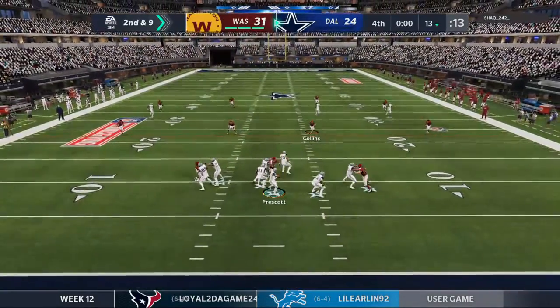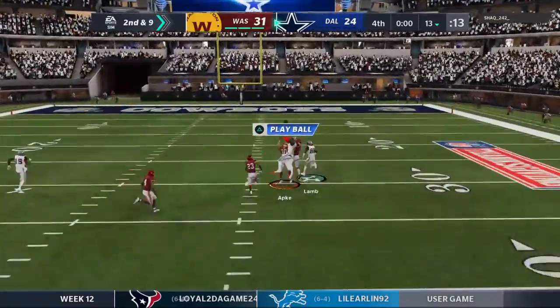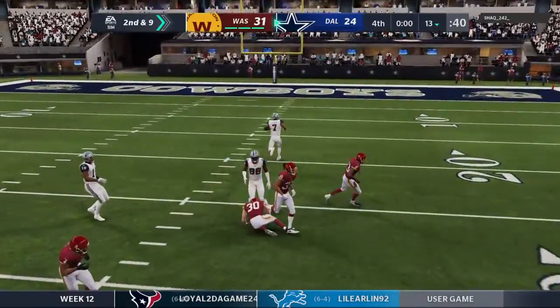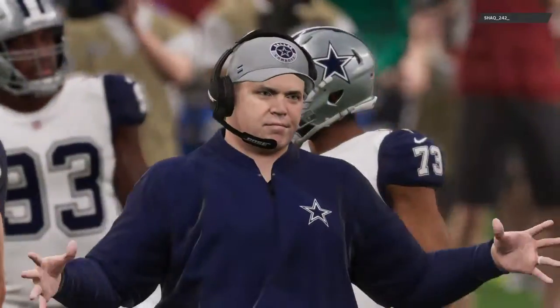One last shot now for Prescott. Now a desperation throw deep downfield. And it's incomplete. So their final drive comes up empty. And with that, the